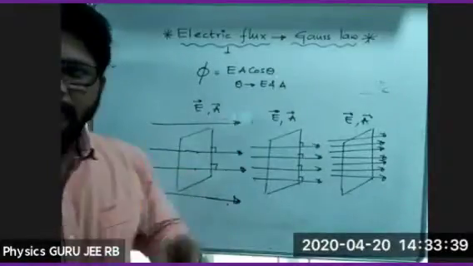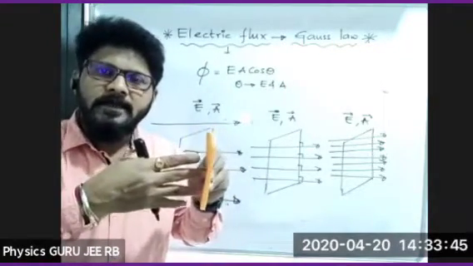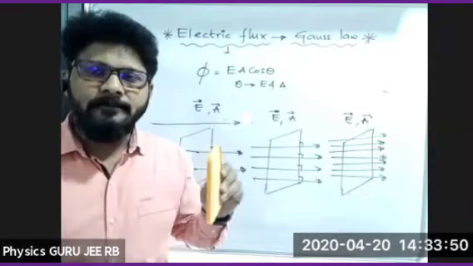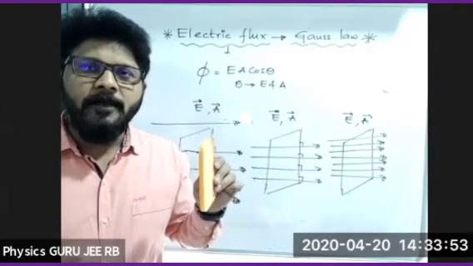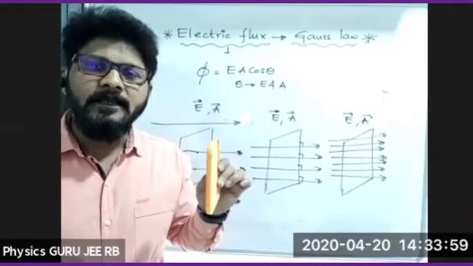It's nothing but like this. The electric lines are passing like this, with respect to area. With respect to area, electric lines and area, what is the angle between them? If you understand properly the area vector concepts, the direction of area, then you'll be giving the answer correctly.